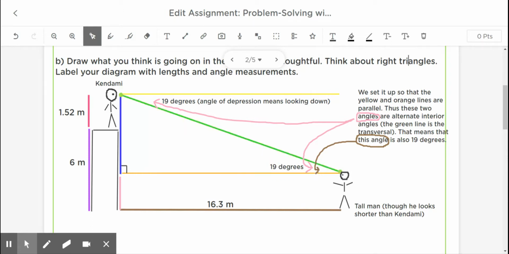So now we have this right triangle. This is 19 degrees. We have this bottom brown line, and since this is also parallel to the orange line, we can figure out that the orange line is also 16.3 meters. So now we have this full triangle to work with. 19 degrees here, 16.3 meters. Right angle here, we can use trigonometry to figure out what this blue distance is, and that's going to get us most of the way there to figure out how tall the man